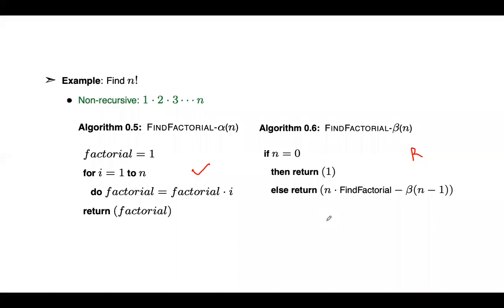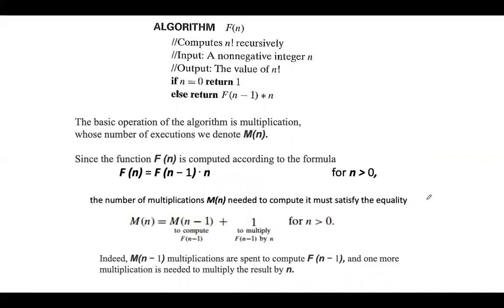Here also you need to identify the basic operation. What is executed again and again? Easily we can observe that this statement will be executed again and again. Here we are going to represent it in a new format. So this is our factorial algorithm, F of n. I call this function inside the function itself, so we call it a recursive algorithm.